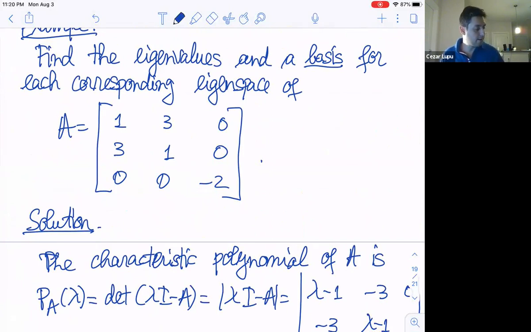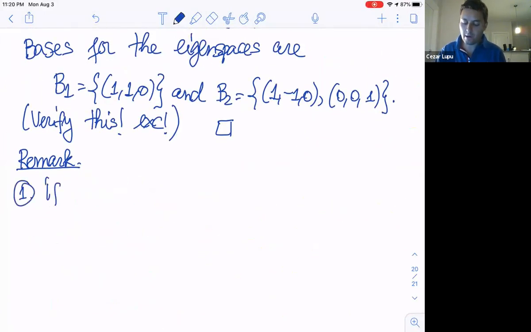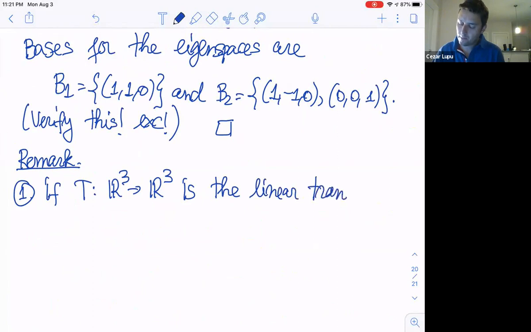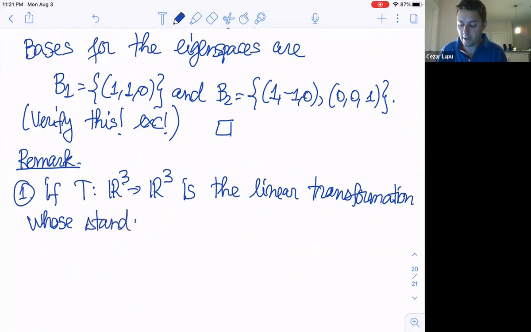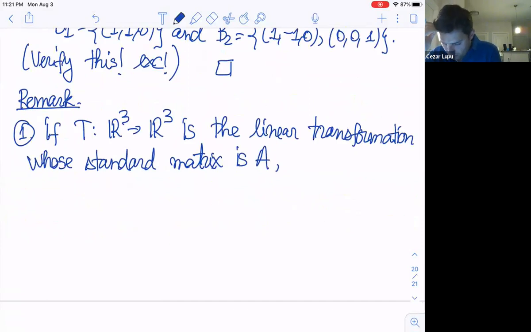The first one is that if I have a linear transformation T from R3 to R3, whose standard matrix is A,